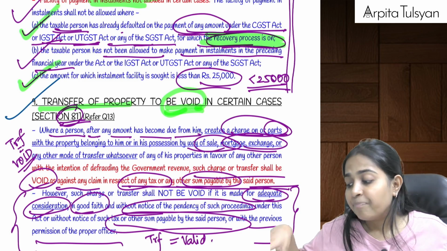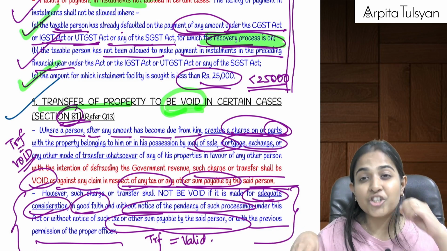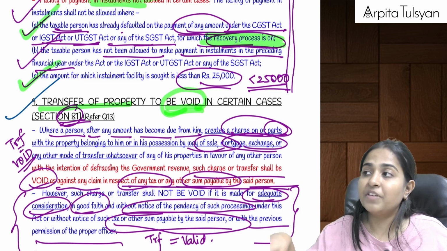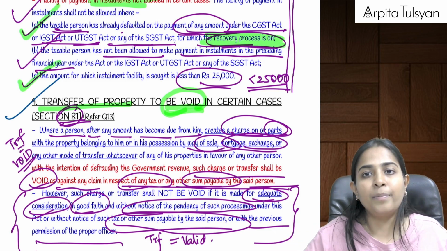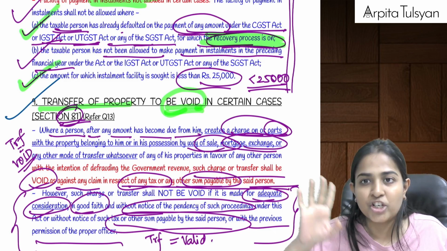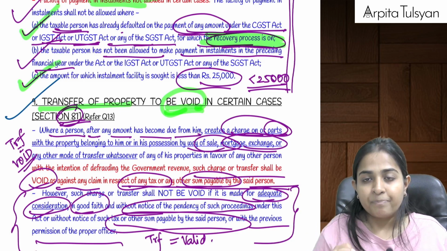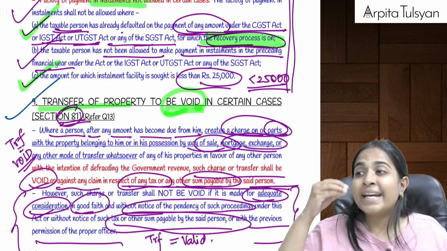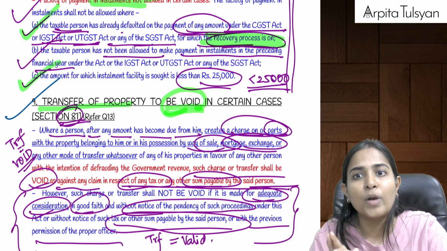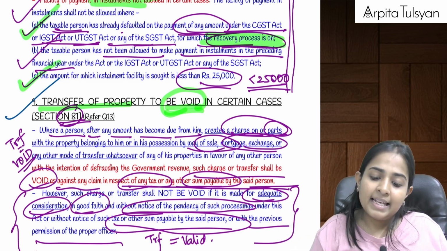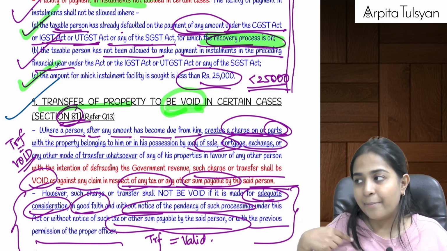let's say during recovery proceedings any charge or mortgage has been created on my property, that is, the department has told me that I cannot sell or exchange it, still I am doing it for inadequate consideration, meaning maybe a 1 crore property I am selling for 2 lakhs to someone, not justified. In that case, such a transfer by me to another person